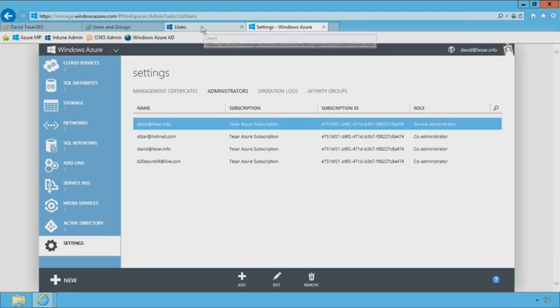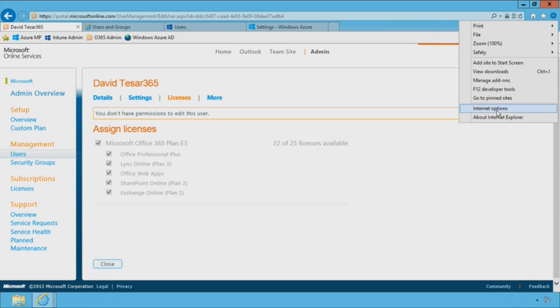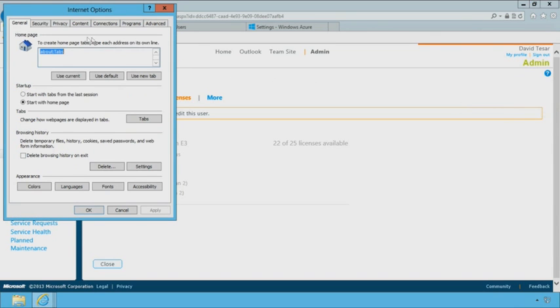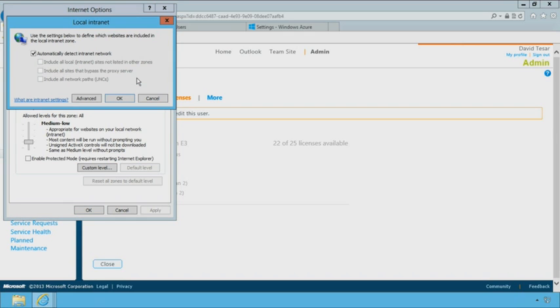The other thing that sometimes I get asked, and I spent a lot of time on support initially, a long time ago, a year and something ago, trying to figure out this scenario of how can I truly get a single sign-on? You notice I didn't type a password, I didn't do anything else. Well, within Internet Explorer, here's a little tip for all of you. If you go into security and you go to local intranet and you go to sites,